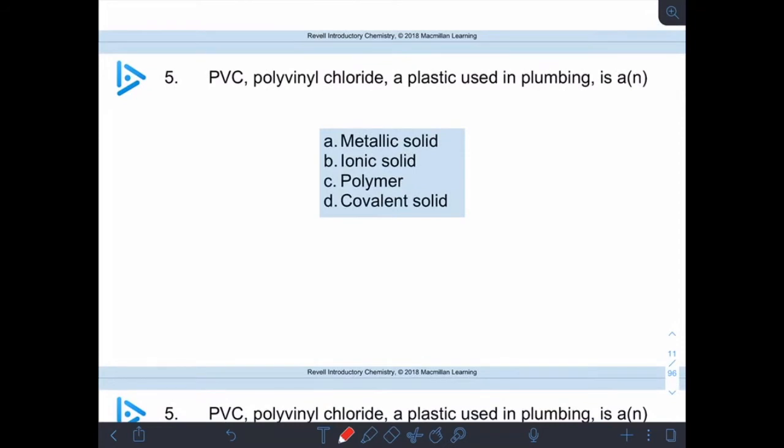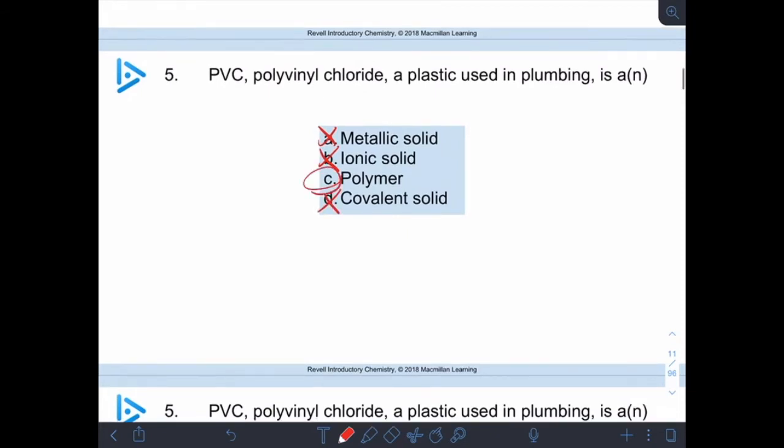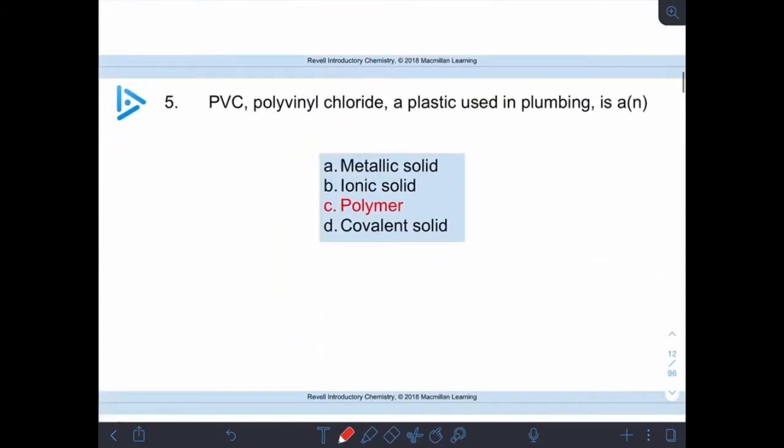Polyvinyl chloride is a plastic. So do plastics fall into any of the other categories? So plastics are not metals, so we can't have a metallic compound. Polyvinyl chloride, yeah, it might have some nonmetals in it, but it definitely doesn't have any metals, so we're going to count out ionic. And I'm going to tell you right now it's not covalent, so this is an example of a polymer. Okay? And like I said, this is not an issue that you really need to worry about, but it is in the slides, so we're going to talk about it anyway.